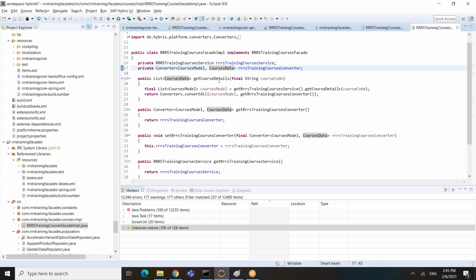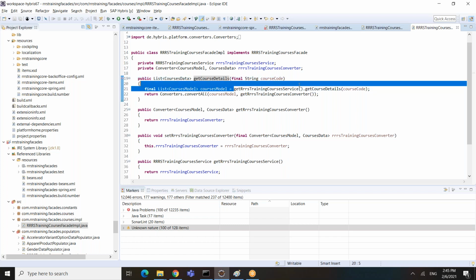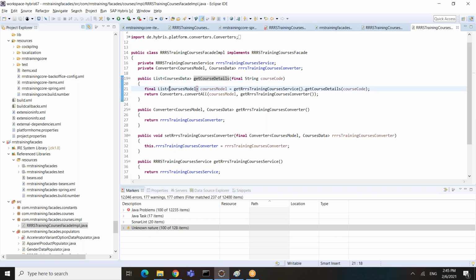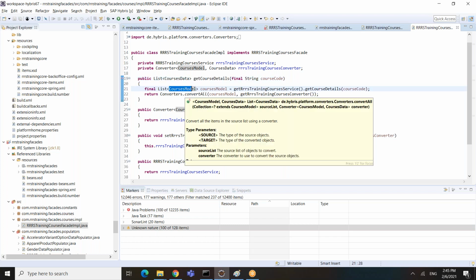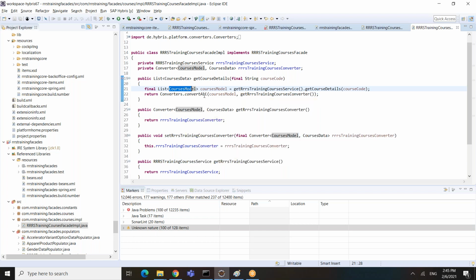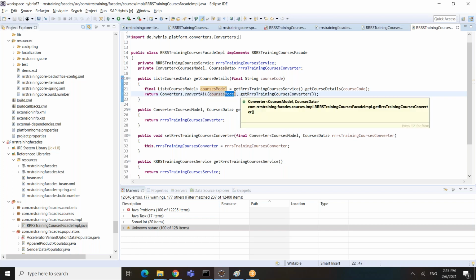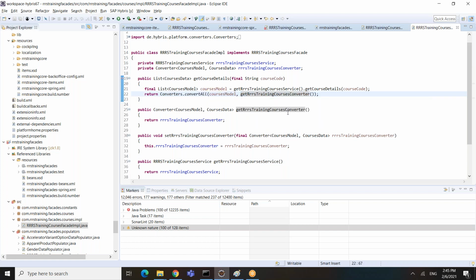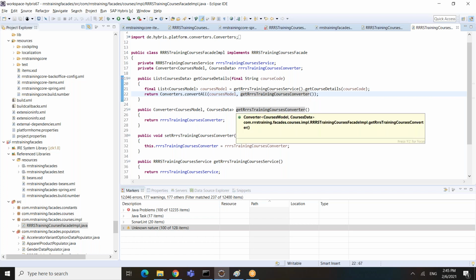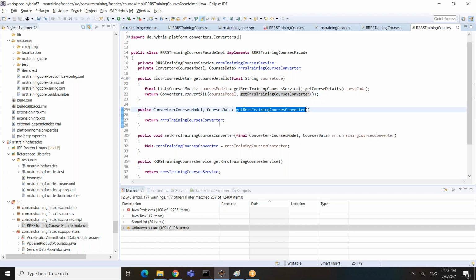So I wrote a method, get course detail. In this method, I'm calling the service, which is returning the list of models. And then I'm saying converters.convertAll, which is going to convert the model object into the data object. So if you see here, get converter, the converter internally calls the populators.